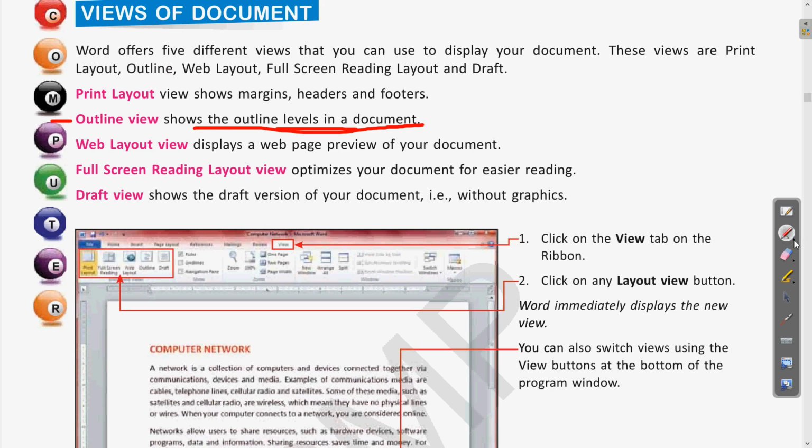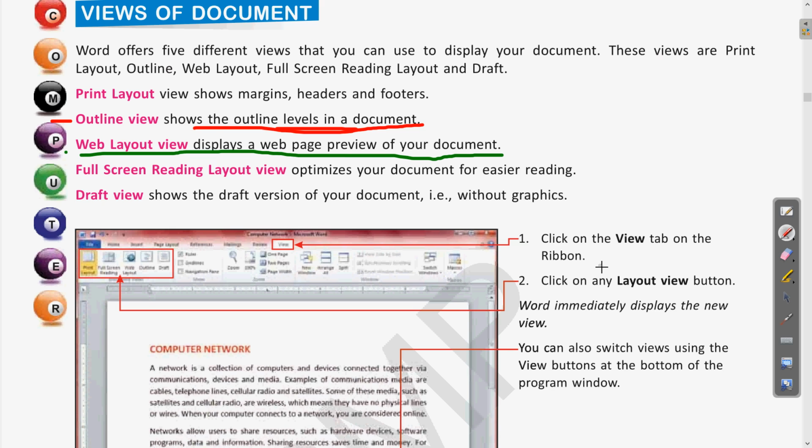Clear? So what is web layout? Let me choose. What is web layout? Web layout view displays the web page preview of your document. Clear? Suppose whatever text you have written in the MS Word file, if you want to get it posted on any website, any web page, so what will be the appearance of that text on a website or a web page?